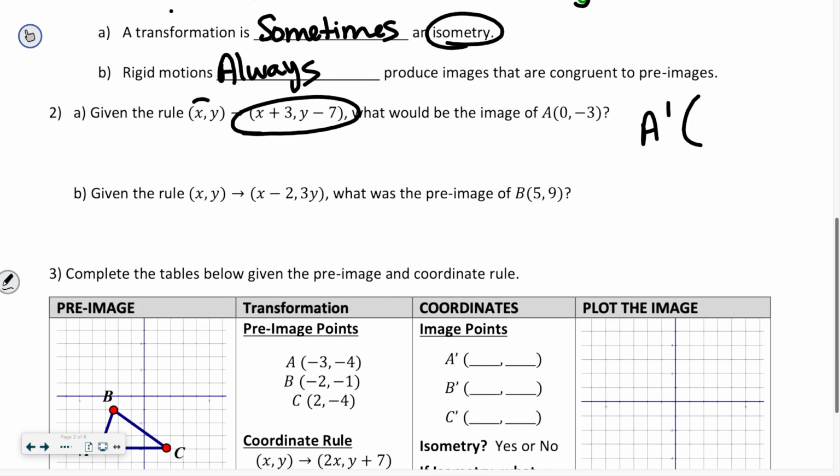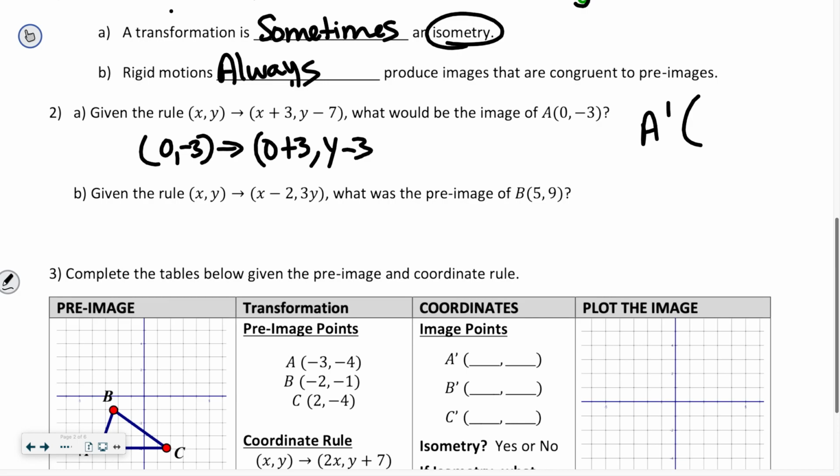This rule says you have A, you dump it in here, and you get out A prime, okay? So this rule says that if you have 0, -3, and I'm looking for A prime, then all I have to do is substitute, right? 0 plus 3, and then y minus 3. But what is y? Well, y is